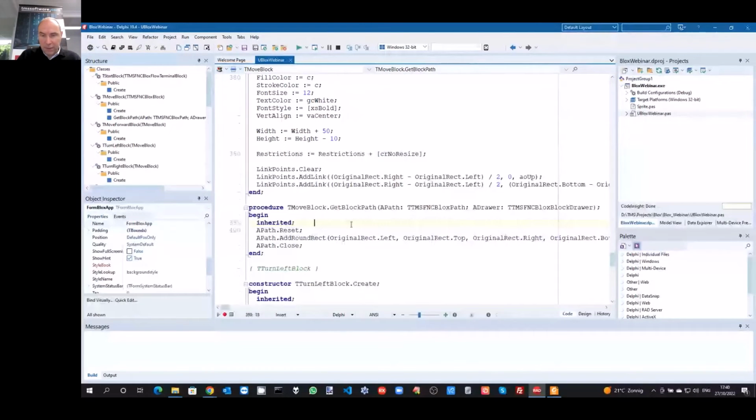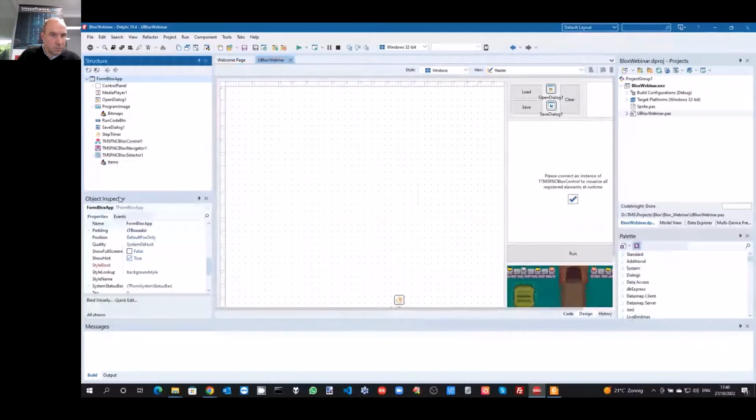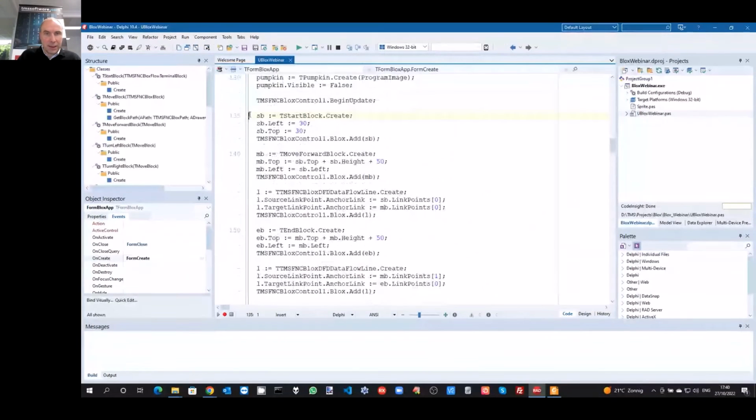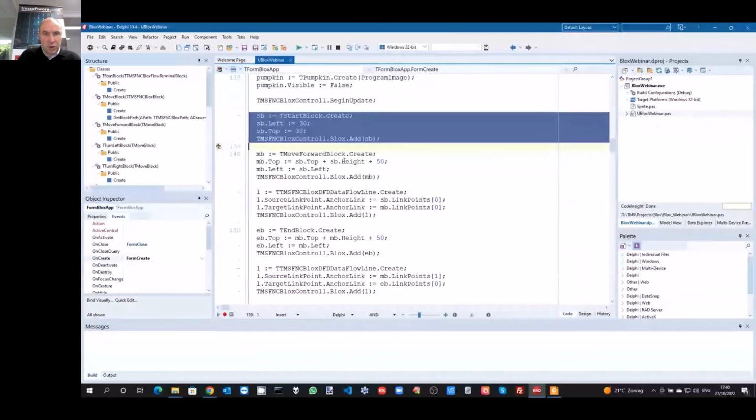If we have a look at the constructor of the form here, what is happening is that we create a start block. That's our custom block that we defined, and we add it to the blocks control.